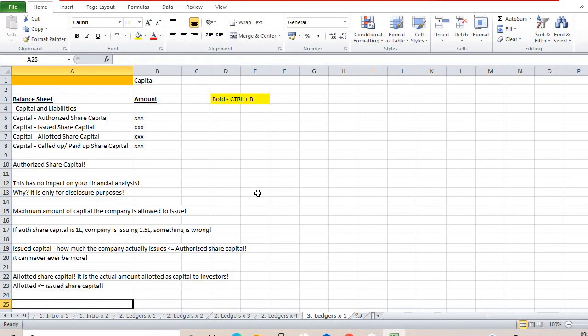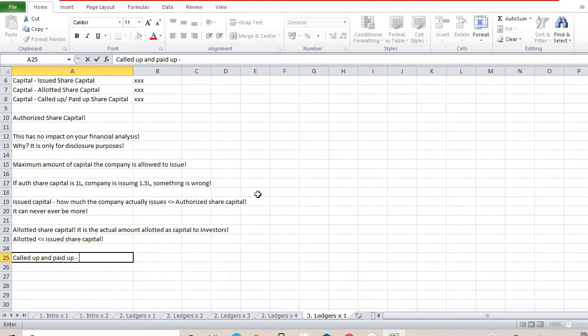Okay, and let's look at called up and paid up. Again, same, you've guessed it right. So it's the same thing. It basically means amount called up and paid up, and called up and paid up should be less than or equal to your allotted